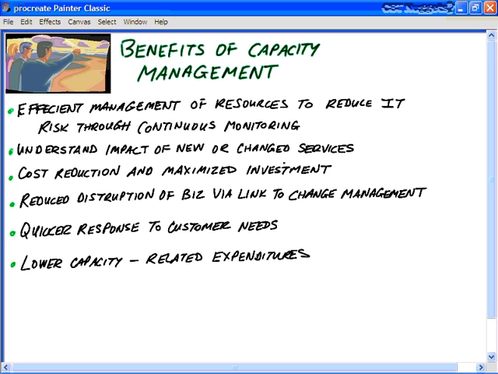It's the efficient management of resources with the goal of reducing IT risk. And we reduce the risk by continuously monitoring and doing performance analysis. It helps us understand the impact of any new services or any changed services in our organization. So as we can see here, there's going to be a tight coupling or a strategic synergy with capacity management